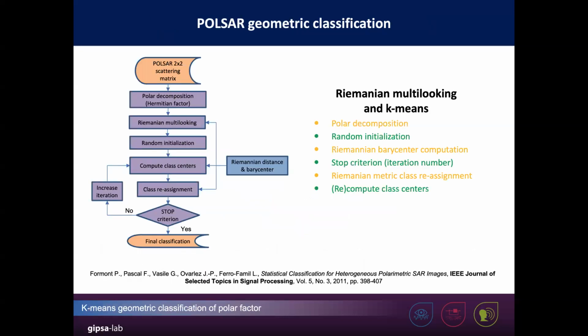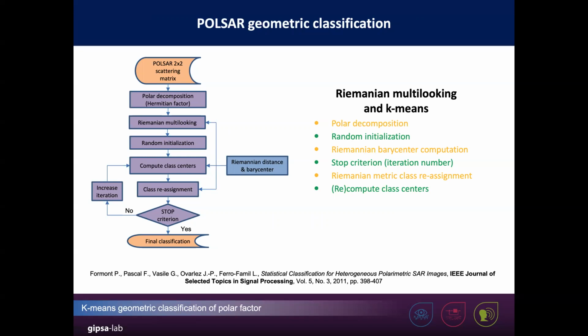What can we do with this? We can propose a new algorithm for PolSAR geometric classification. So it is a purely geometric classification where we start with the 2x2 scattering matrix, and the first step is to apply the polar decomposition. We take into account only the Hermitian factor, and on this Hermitian factor we apply a geometrical k-means classifier, which